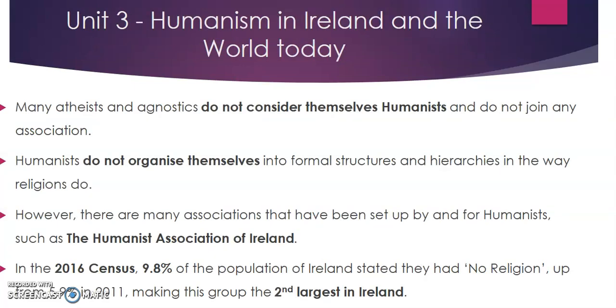And I suppose then, just the last bit is humanism in Ireland and the world today. The key thing I want to explain is you can be atheist and agnostic and not consider yourself a humanist. Okay, that you don't want to organize yourself into any specific group. And at the same time, you can be of faith and still have humanist beliefs, because humanism is a philosophy and not a religion. And in that regard, humanists often don't organize themselves into any formal groups because that's what religions do, and they want to get away from that formal idea. I suppose people in this country who want more information use things like the Humanist Association of Ireland or the British Humanist Association, or look up the various humanist associations in other countries.